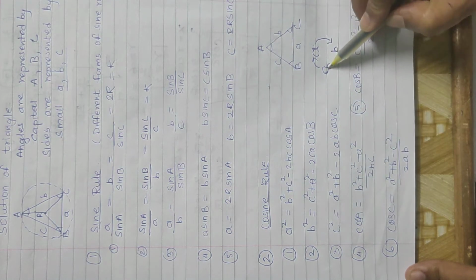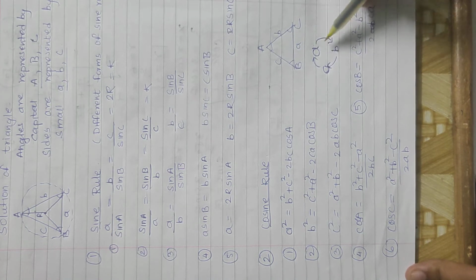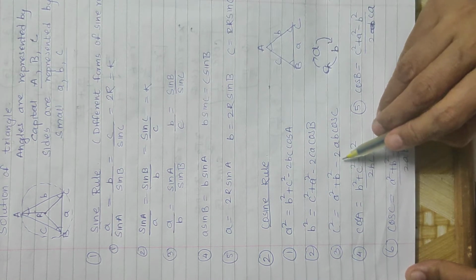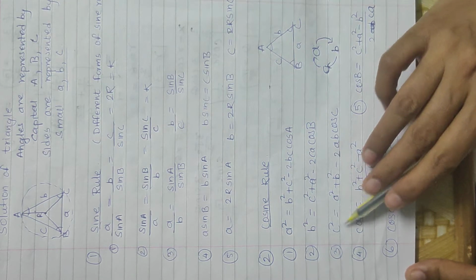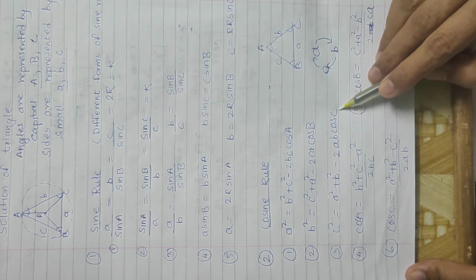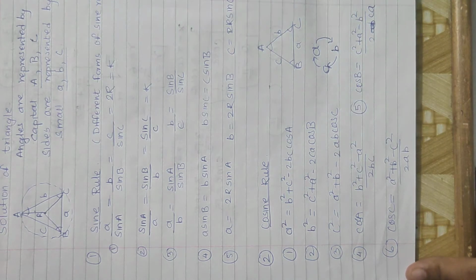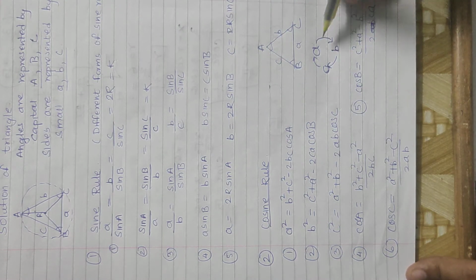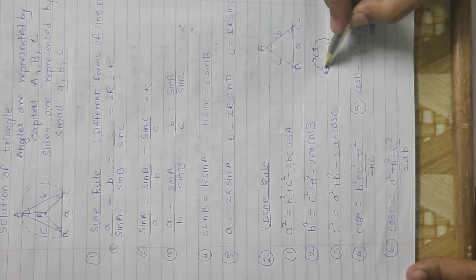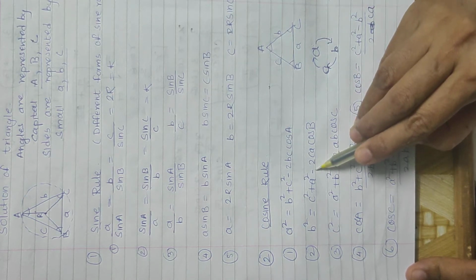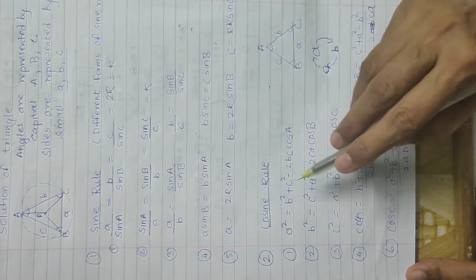Now how to write the c square formula? a square plus b square minus 2ab, and here c is there, therefore cos c. So in this way, if you remember, we will not forget the formula. Say it again. a square is equal to b square plus c square minus, always here minus